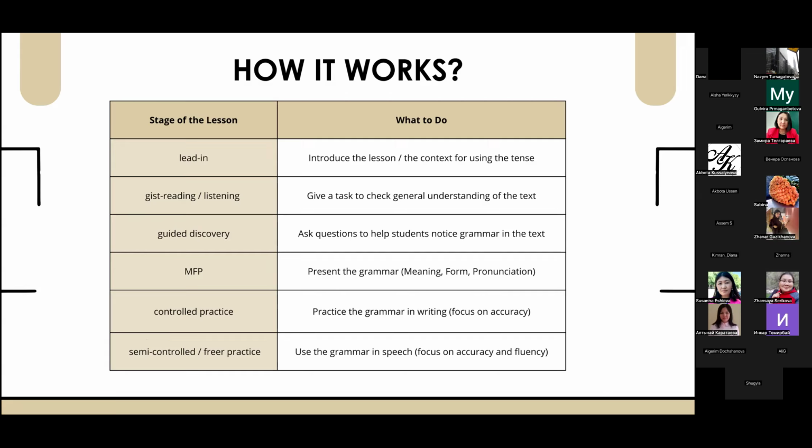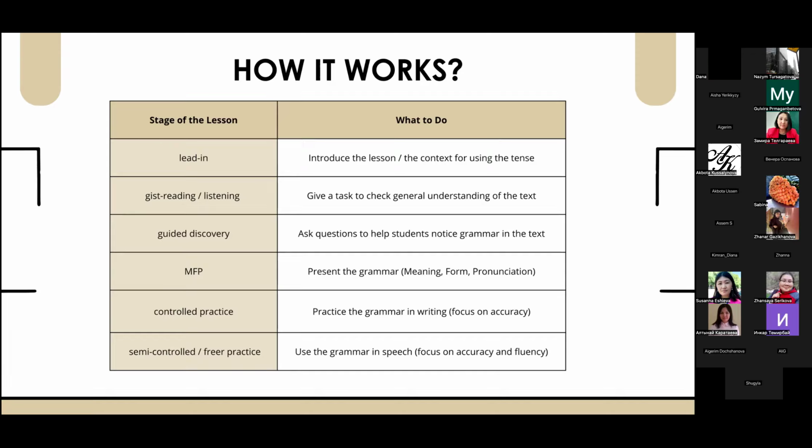It is easier to start by planning your last activity, how you want your students to practice the grammar and in what context, and then use this context in your lead-in. Whenever you know how you're going to finish the lesson, it is easier to know how you're going to start, because the context should be the same throughout all your exercises. Of course, controlled practice may differ a bit since it's just controlled practice, but everything else should have the same